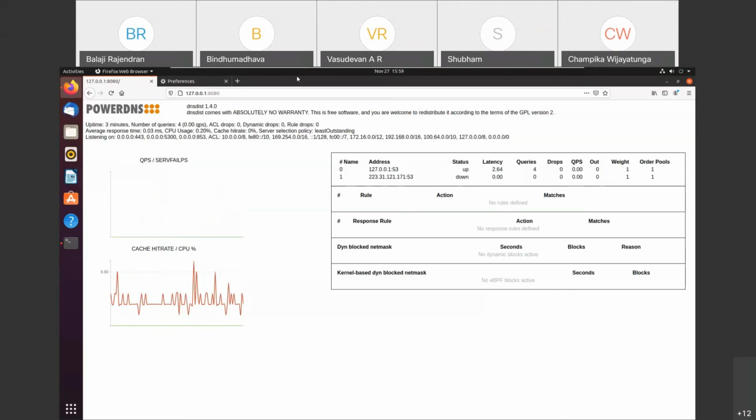Okay, the question is: is there any way for an administrator to see the queries with a DoT setup? Yes, of course. One way is that the load balancer has a web service, where we can see what the queries are. Second, you can set up query logging in your DNS server, because if you remember this image, I will just share it again.